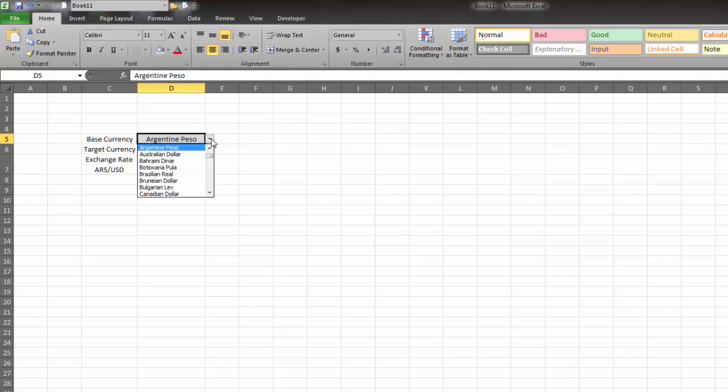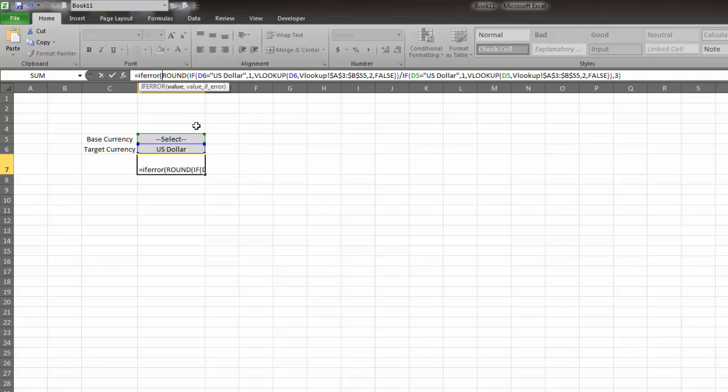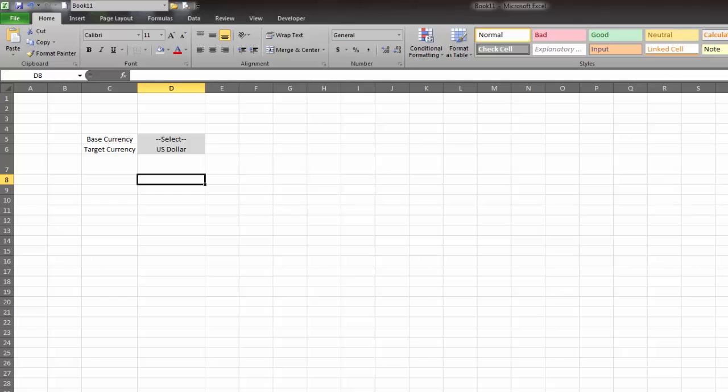Now one thing we're going to notice is that if we're back on select, this gives us an error again. So how to solve that? Well, we're just going to wrap this function again in an if error statement. And so we're going to say if this function gives us an error, then just return a blank. Great. Now the last thing that we need to do